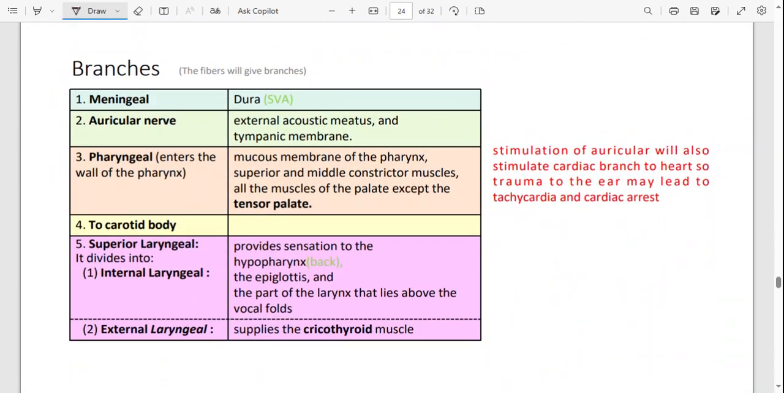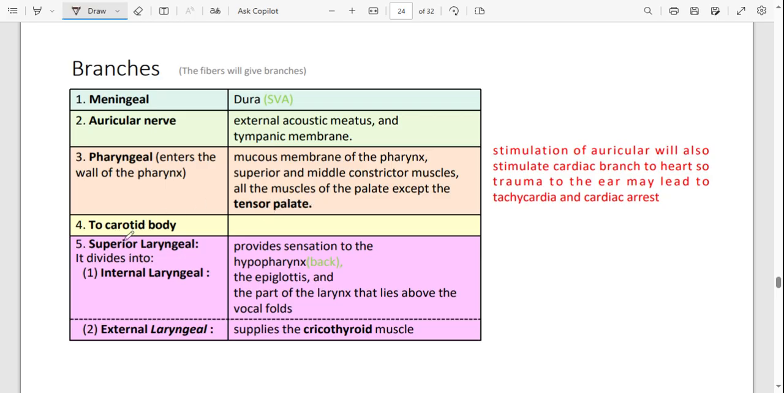It's neuroscience. So when you look at the branches of cranial nerve number 10, I've got the meningeal branch which supplies dura, auricular nerve which supplies external acoustic meatus and the tympanic membrane, pharyngeal branch which enters the wall of the pharynx, okay, and supplies mucous membrane of the pharynx, superior and middle constrictor muscles, all the muscles of the palate except tensor palatini. So please take note, all the muscles of the palate are supplied by cranial nerve number 10 via the pharyngeal branch except the tensor